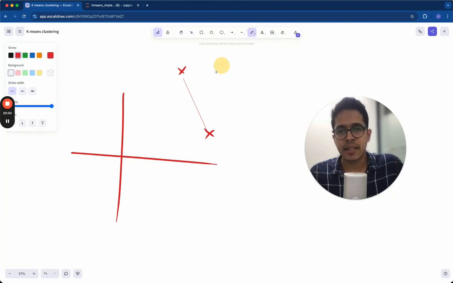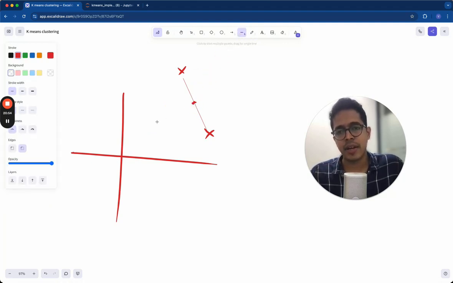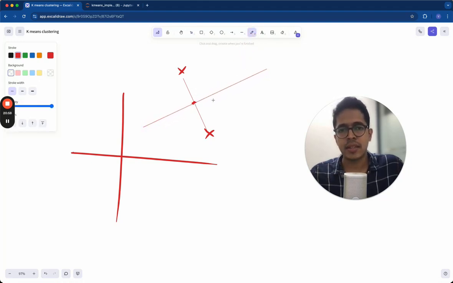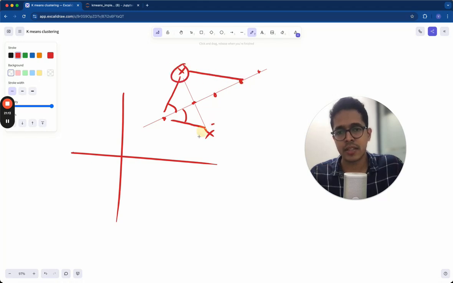Okay, first find the centroid, the center of this line. The center of this line exists somewhere here. And if you draw a perpendicular line like this, then all the points that exist on this line are equidistant from this and this, because here the distance is this, here the distance is this. This angle is the same as this angle. For this point, the distance from this centroid and the distance from this centroid are equal, because this angle is the same